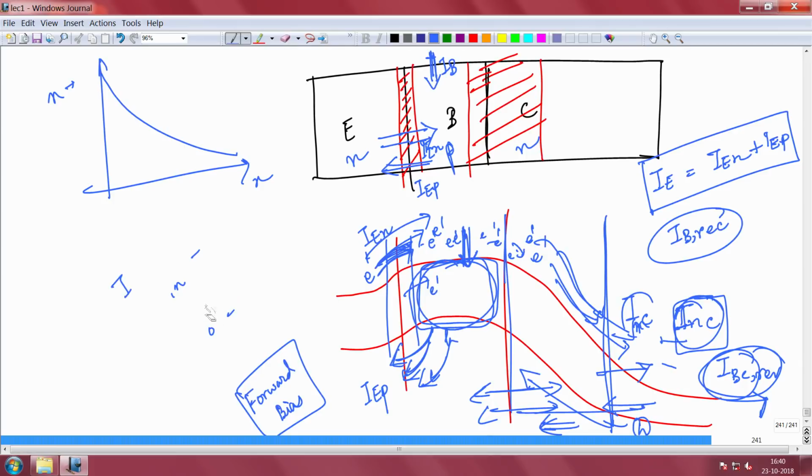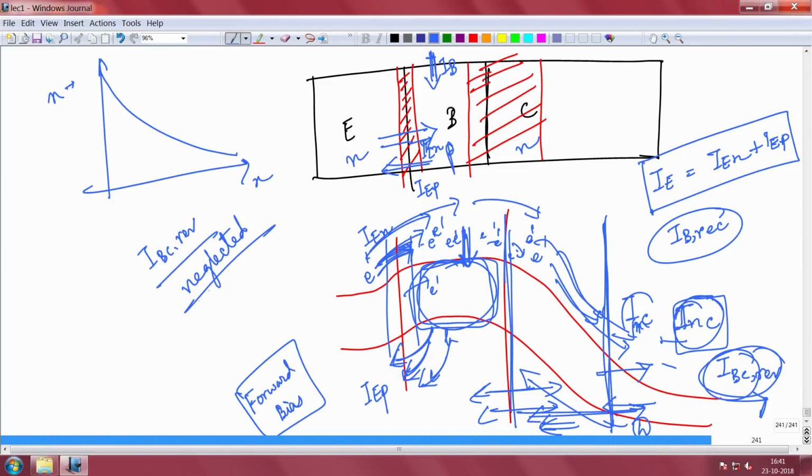In a good BJT, of course, or in a good PN junction, you want the reverse leakage current to be low, because if the reverse leakage current is high, then you defeat the device, there is no point of the device. So, typically the reverse leakage across the base collector junction will be very low, say picoamps or femtoamps, whereas this current will be in the range of milliamps or so. So, typically this base collector reverse current can be neglected. Okay. We can neglect that most of the time.